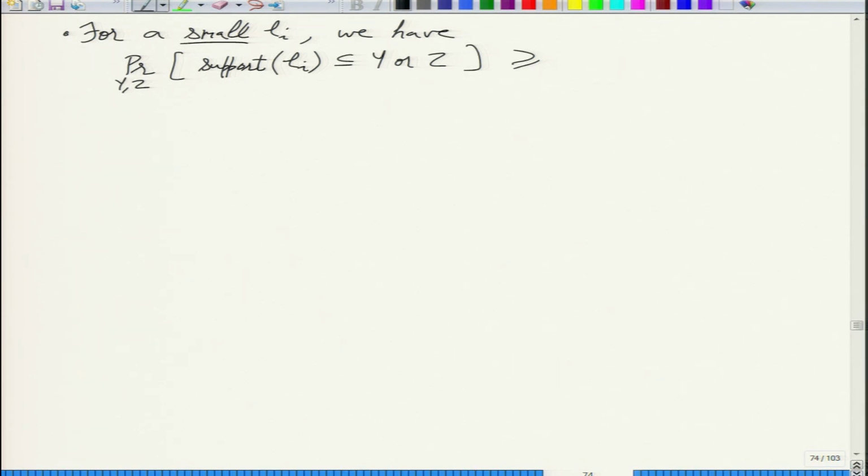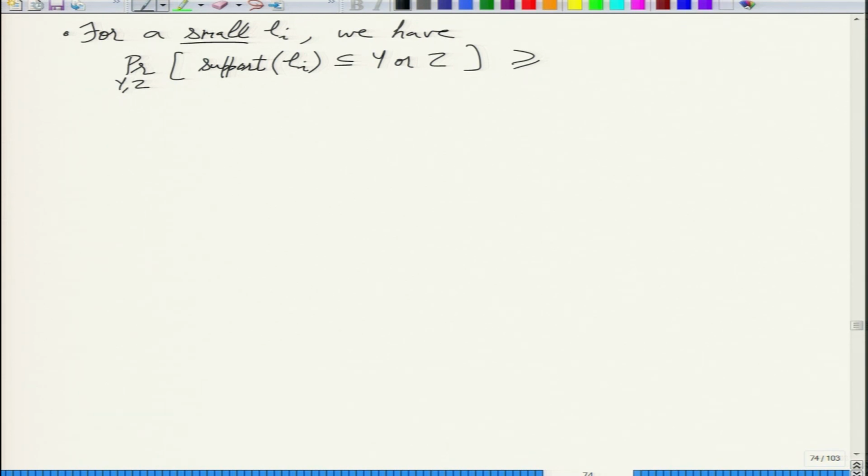So whatever is the probability, it's a constant: n by 2 choose 3 by n choose 3. No, we won't do that calculation. Every variable x1 will fall in y or z with equal probability. But then they won't be independent. Variables x1 and x2 won't be independent because you have the additional constraint that y has size n by 2.